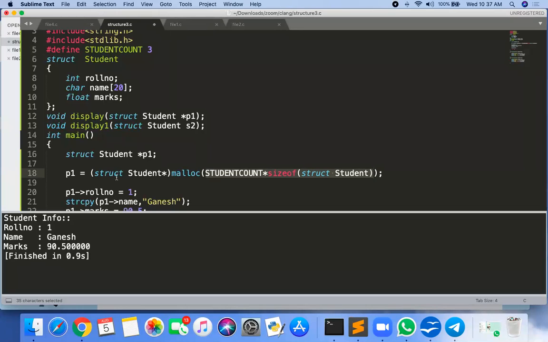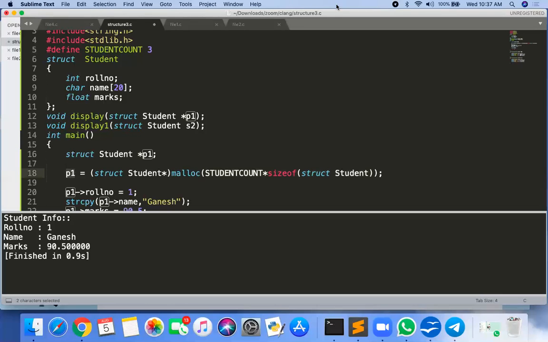And now the starting address of that array gets copied into P1. In other words, P1 is a pointer to an array of 3 students.